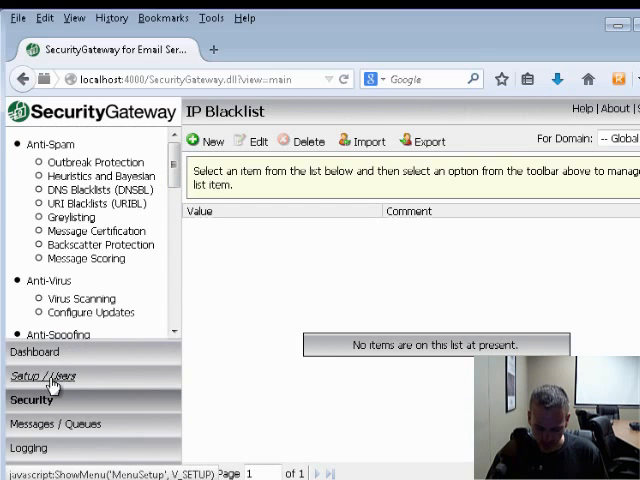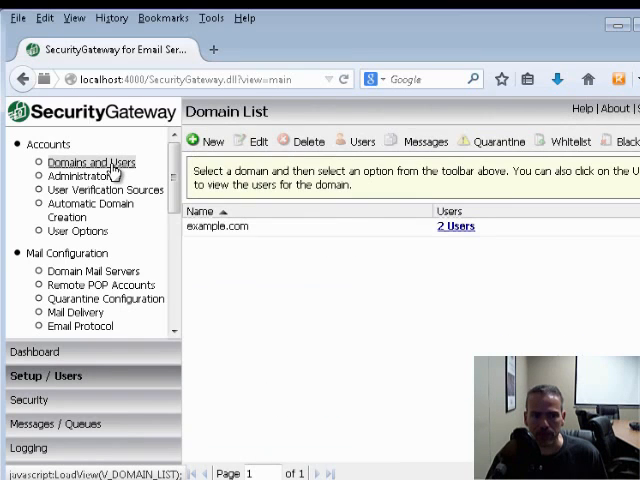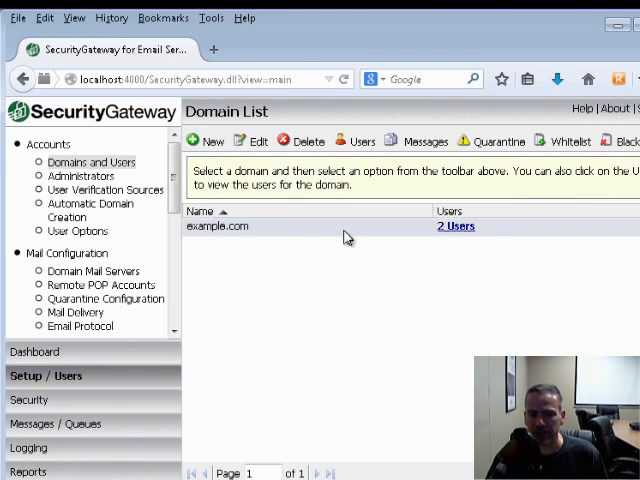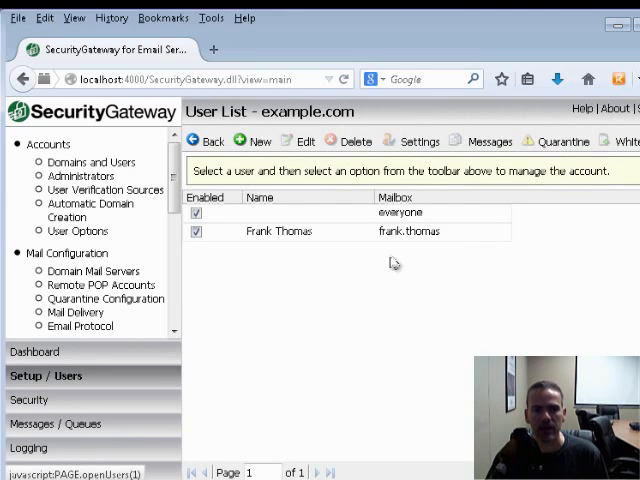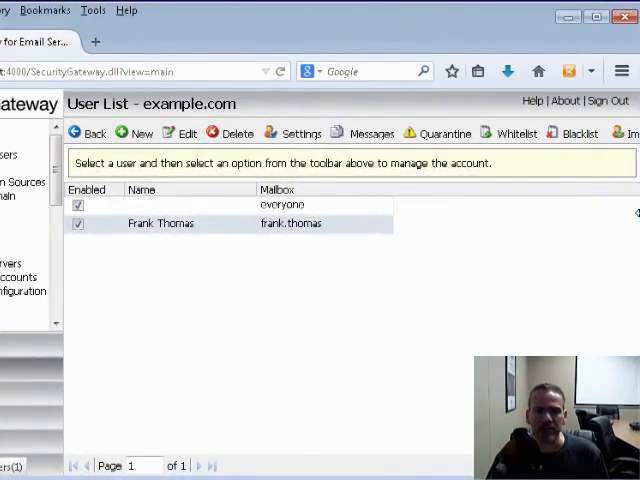Say, for example, I want to add information for a particular user. So, for example, if I go to my domains and users here, and I select a particular user, this is my domain that I have in SecurityGateway, and this particular domain, because it's a test server, has two users. So we'll click on users, and then we'll highlight the name whose entries we want to update. Now, actually, let me widen my screen here a little bit. And this particular user